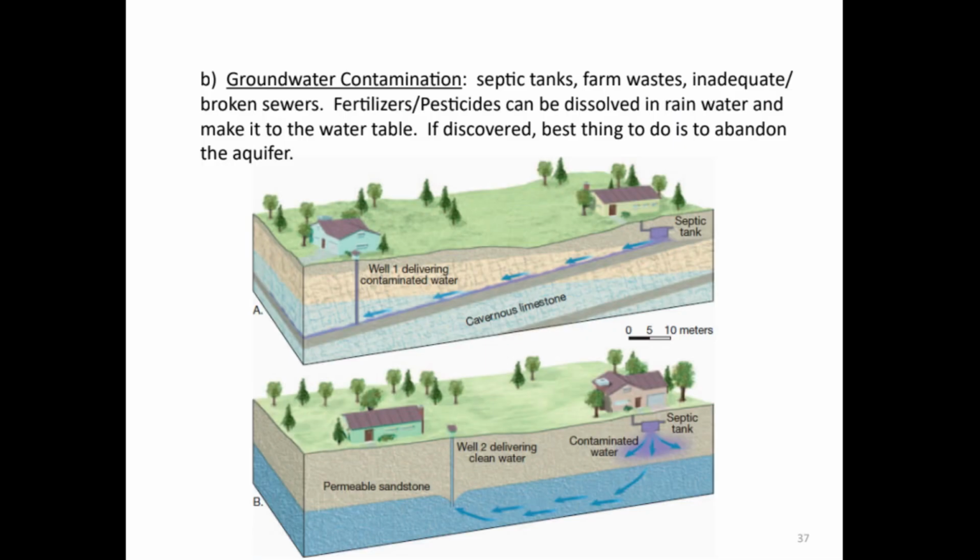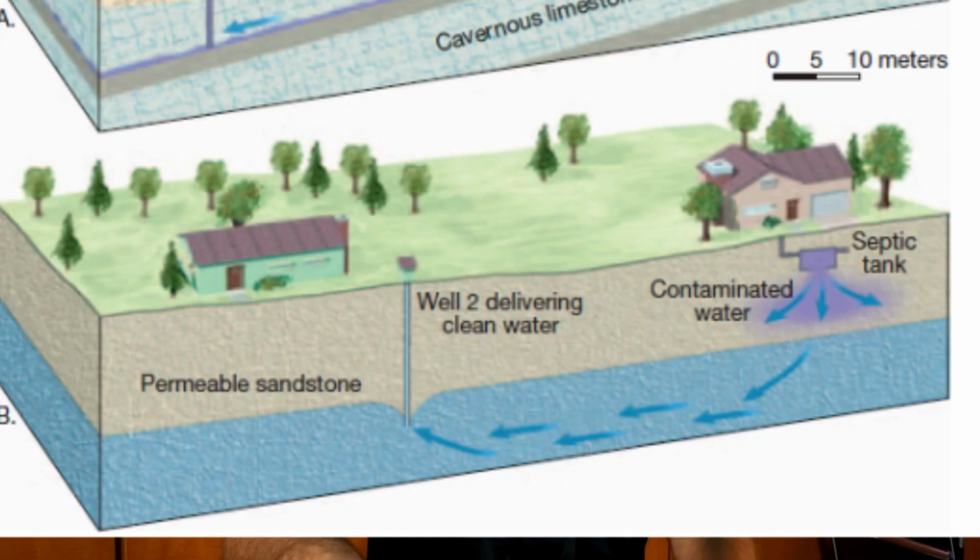Another issue that comes up with groundwater is contamination. We've talked before about how confined aquifers are usually a better option for protecting against contamination. But pairing a confined aquifer with sandstone would be the safest type of aquifer. Sandstone has a fairly small pore space. It's still permeable, water can still move through it, but this small pore space is actually quite difficult for contamination